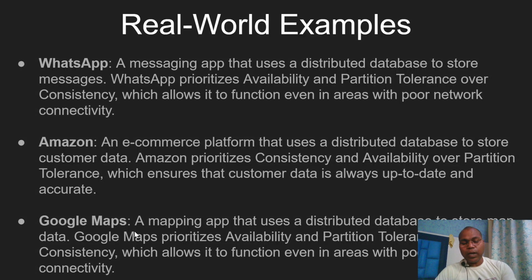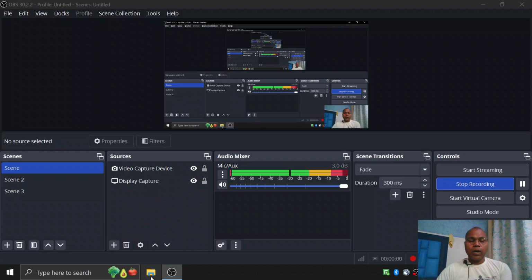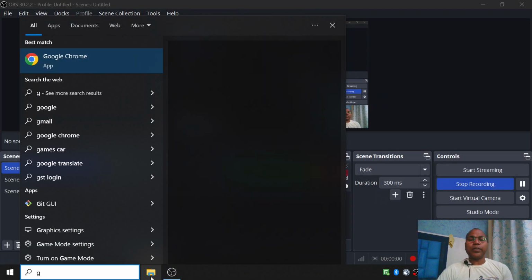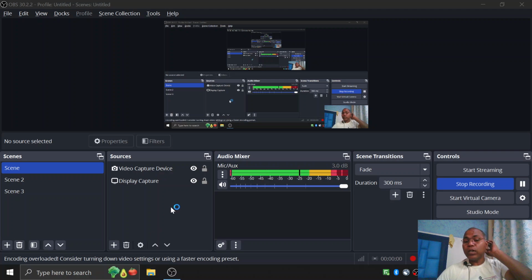If you talk about real applications, which are already using this concept,